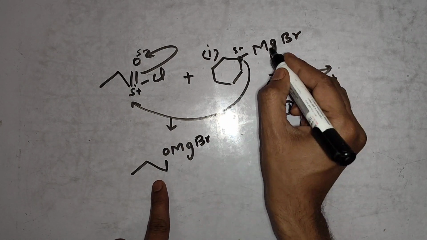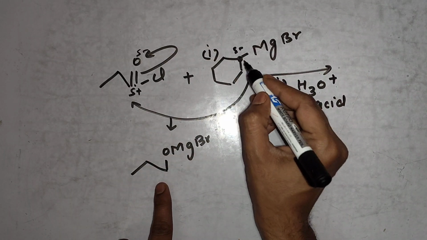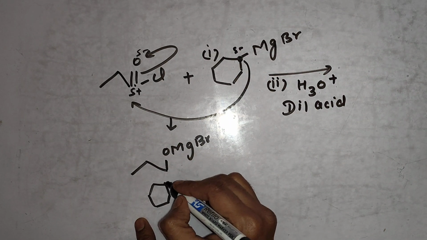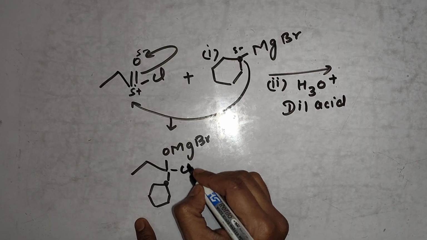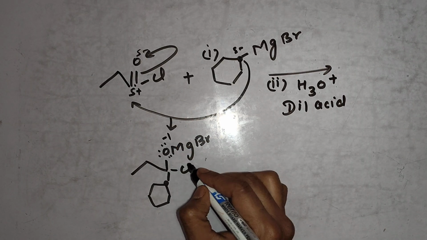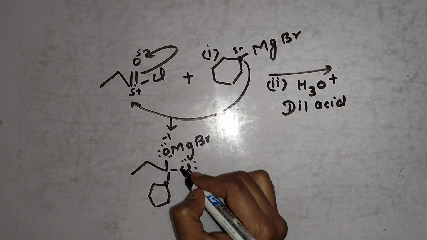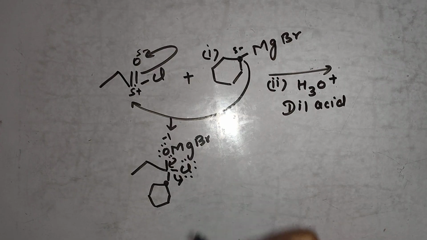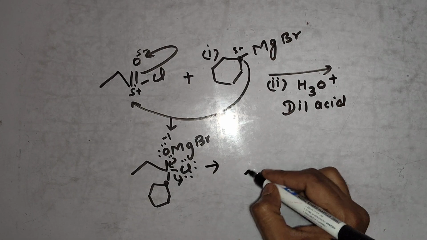MgBr will attack on oxygen. Check mechanism. Now this carbon I am going to join with this carbon. Cl will be as it is. Now, because this oxygen is carrying 3 lone pairs, negative charge, here also we have 3 lone pairs, repulsion problem, Cl will get eliminated out. And firstly, we will get